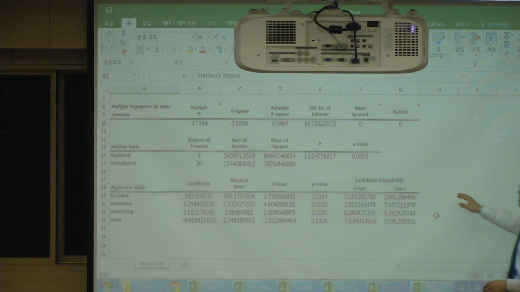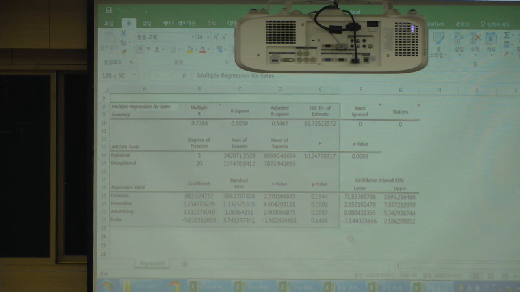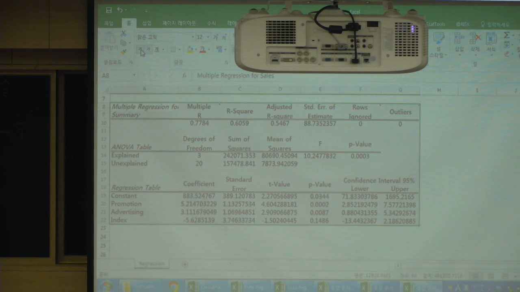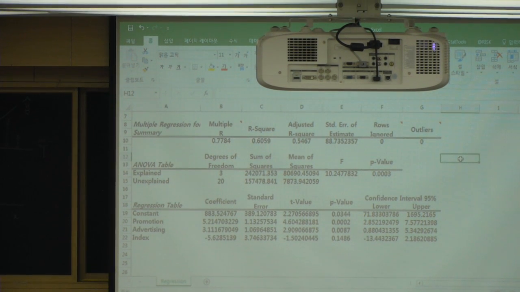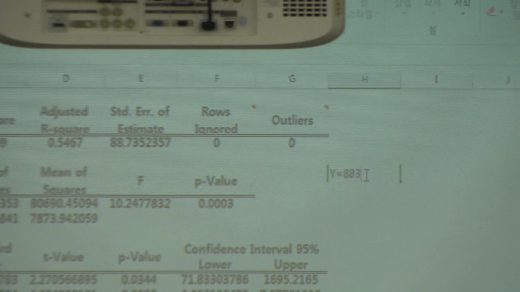In other words, first I have to write down the regression line. What is my regression line? Y equals 883.5